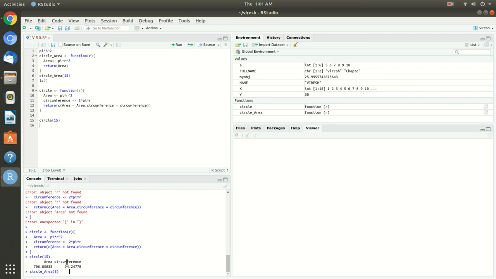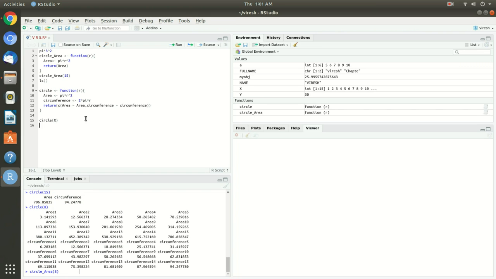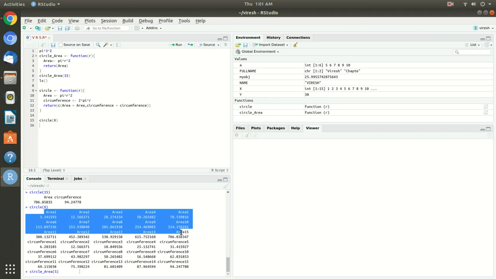So if you want some different aspect, like suppose we have x, and we are calling the value of x here, if you are aware, then we have 1 to 15 values in the x variable, you can see here. So let's check how it will respond. It is going to calculate first area from 1 to 15, and then it is starting circumference